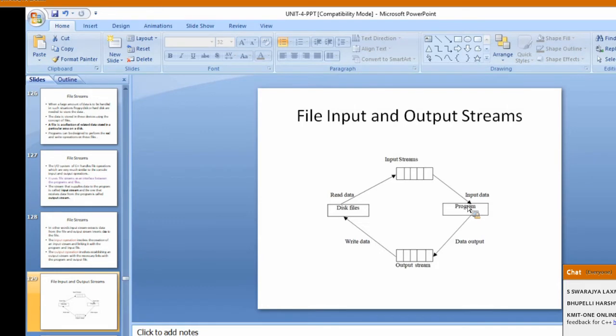If you have an output stream, we retrieve the data from the program and write it into the file on the disk. Is this clear?